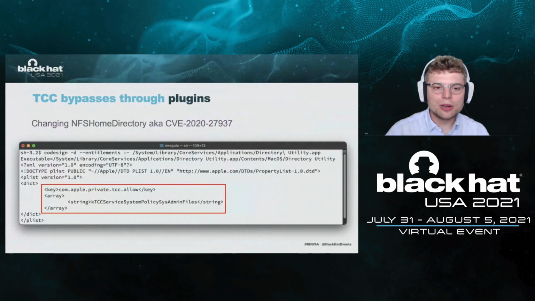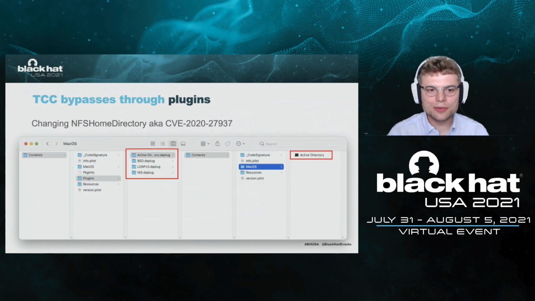So an example of such a vulnerability was that CVE, and we reached it via changing the NFS home directory. So I identified a suspicious application called Directory Utility, and I call it suspicious because it had a private TCC entitlement that allowed accessing system policies admin files. When I encountered this application, I started browsing through its directory, and it turned out that it contains a plugin subdirectory, and the plugin subdirectory contains four domain